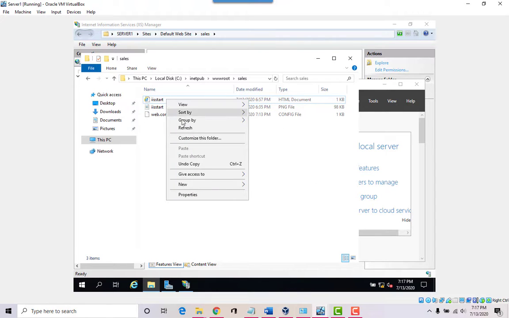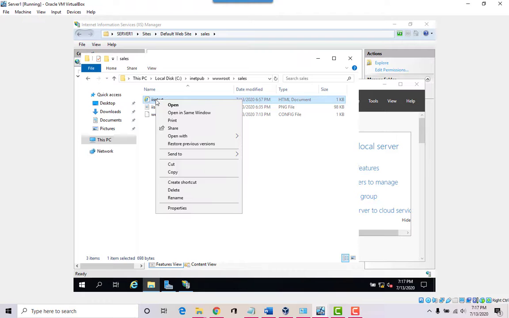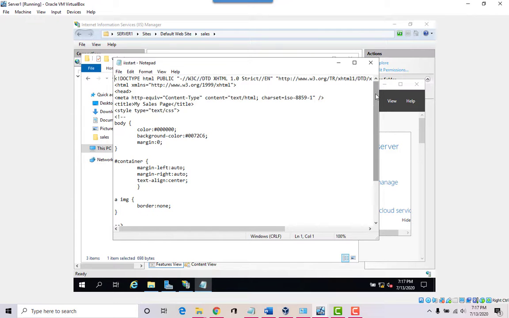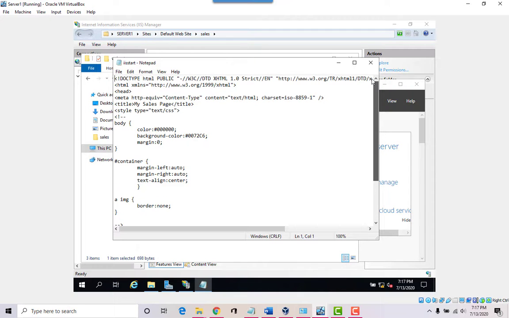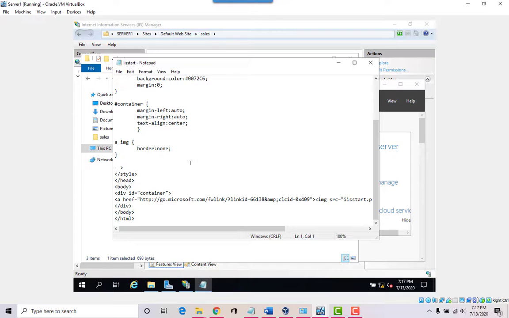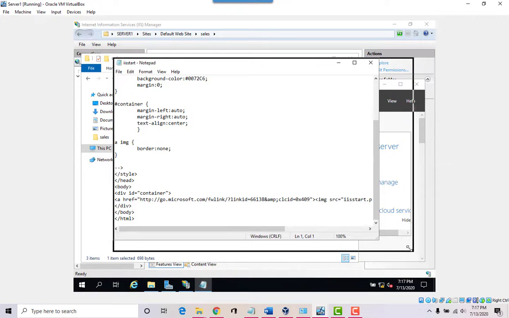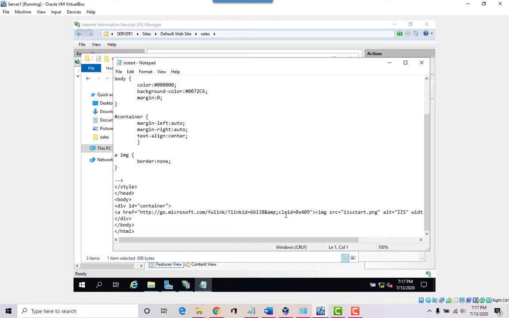So we got it open with Notepad, so you can click on it, open with Notepad, and this is HTML code, and this code basically looks at the graphic that we have down there. So one of the things that you need to do is create your own web page, but also refer to any graphic that you like, the school graphic, a photo of you if you like. But let's look at an example here.